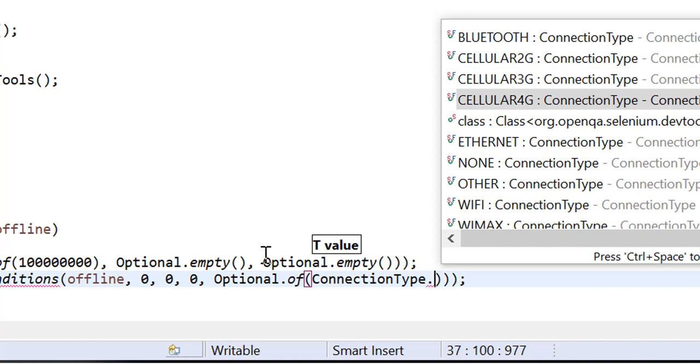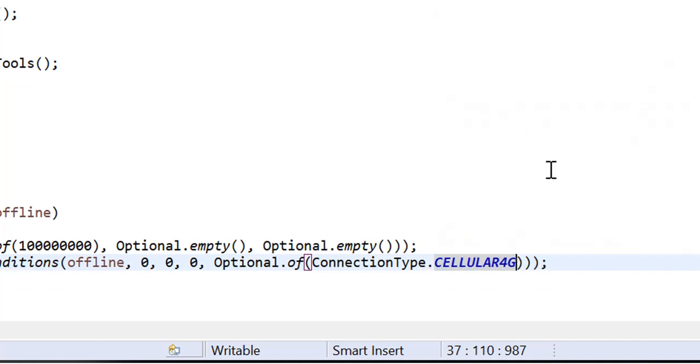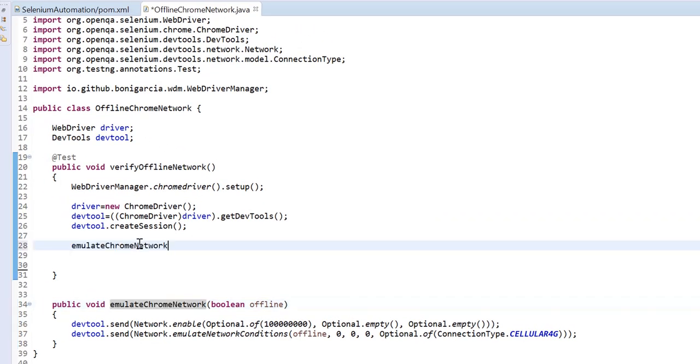So I am selecting 4G network here. Now this method is ready. Let me call this method, and here we have to pass a boolean, offline. If I am passing false, it means the network will be online. So let me set true,